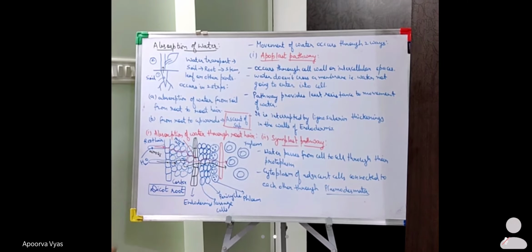But when it actually reaches the endodermis, the endodermis has Casparian strips. And these Casparian strips are made up of lignosuberin. Okay? And this lignosuberin is impervious to water. It doesn't allow the movement of water. So how is the water now going to travel? In this endodermis layer, apart from the Casparian strips, there are certain other cells present, which are known as passage cells. These passage cells do not have the lignosuberin thickenings, and due to the absence of these thickenings, the water can easily enter into the passage cells and then move ahead.